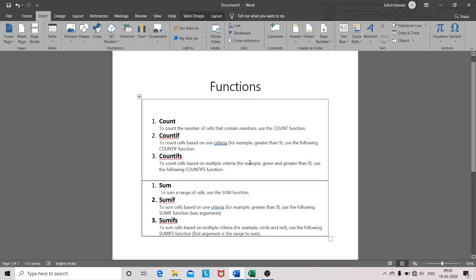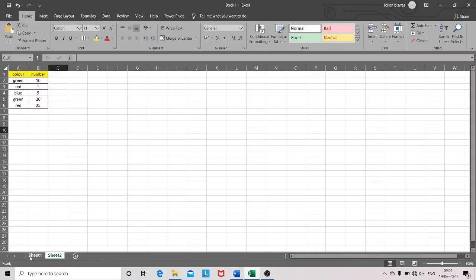So let's start. At first we'll talk about count. So I have made an Excel for you. It's a small table. There are, I think, 6 numbers: 10, 1, 5, 20, 30 and 23. So I want to count the total number. Suppose you have a long list here and you want to count them. So what you have to do, just type here